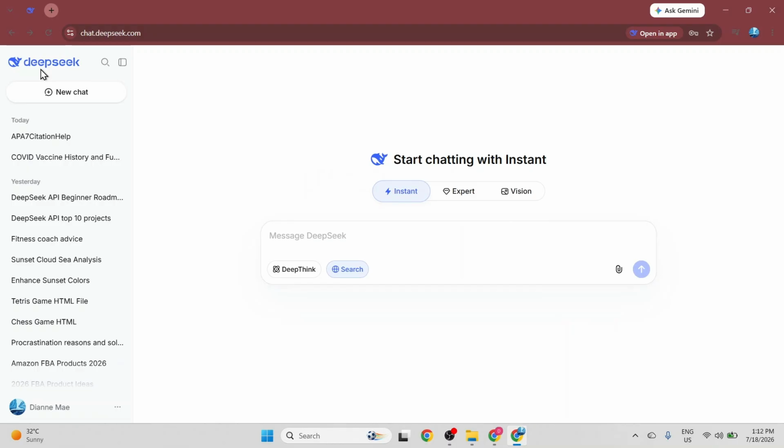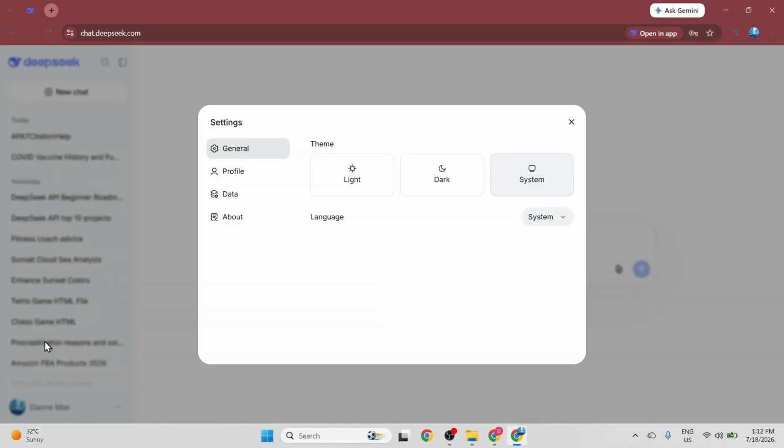From here, I can see all of my previous conversations and settings options listed out clearly. I move my cursor down towards the bottom left section of this panel where my profile name is displayed and click directly on it. This action opens up a pop-up sub-menu containing a few account management tools. Among these selections, I click on the Settings option, which instantly launches a centralized settings modal window in the middle